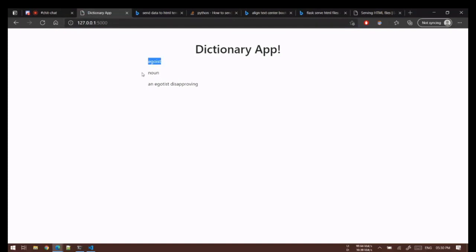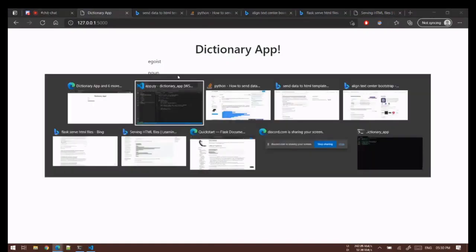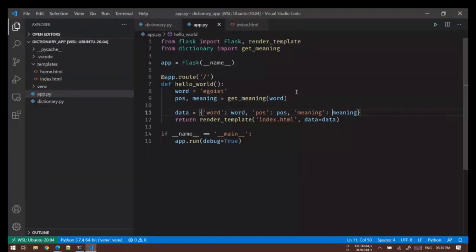So it's taking time. Okay, so egoist, it's a noun, and egotist, disapproving. Okay, so this is the meaning that it has scraped from CambridgeDictionary.com. So okay, not the point of this session, the meanings of the words, but okay, great.